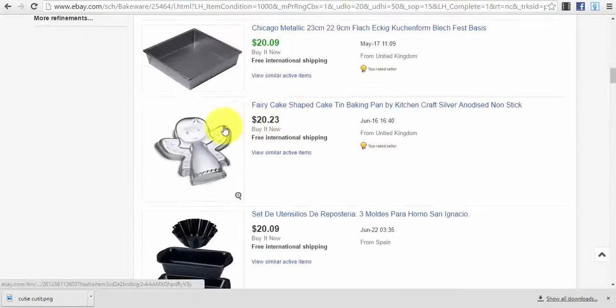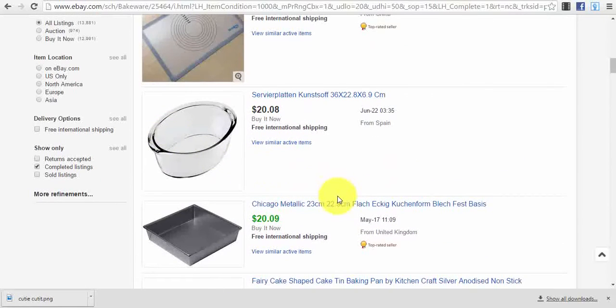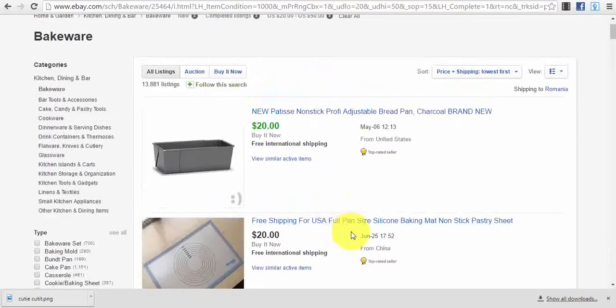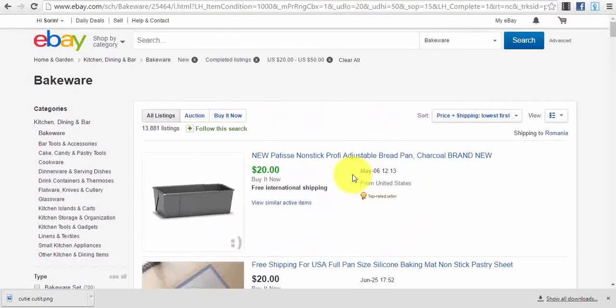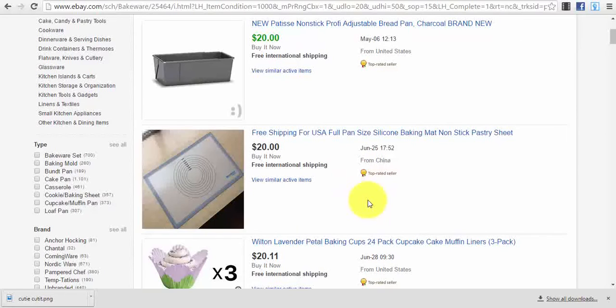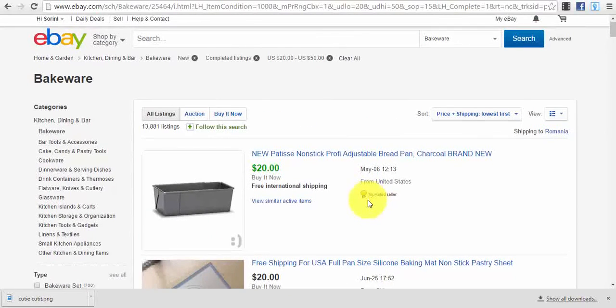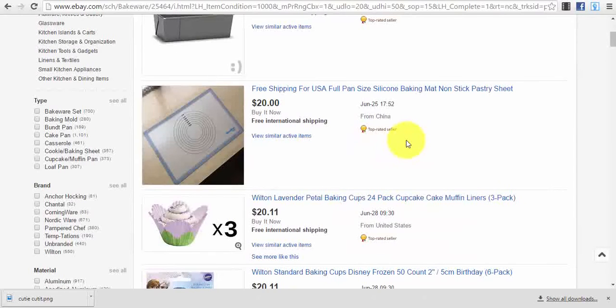If we go to complete listings, we can see things that actually have been sold. This is very important. We can see things that actually have been sold. So guys, this is how you find good products on eBay that are actually sold. You can see which is the competition on them, and afterwards you can look for them on Amazon or on other online stores or in local stores or wherever you want to source your product, so you can have a very good profit margin.